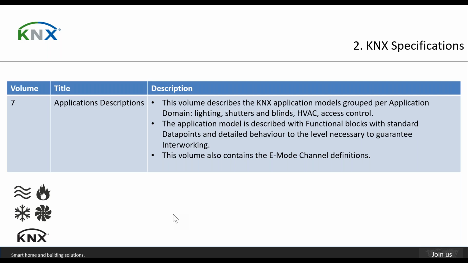You can see here the word functional block. The application model is described with functional blocks. In the volume 3, I mentioned the data point types. This data point types, it is how the data is constructed to be shared between KNX devices. Functional blocks is a collection of data point types. So